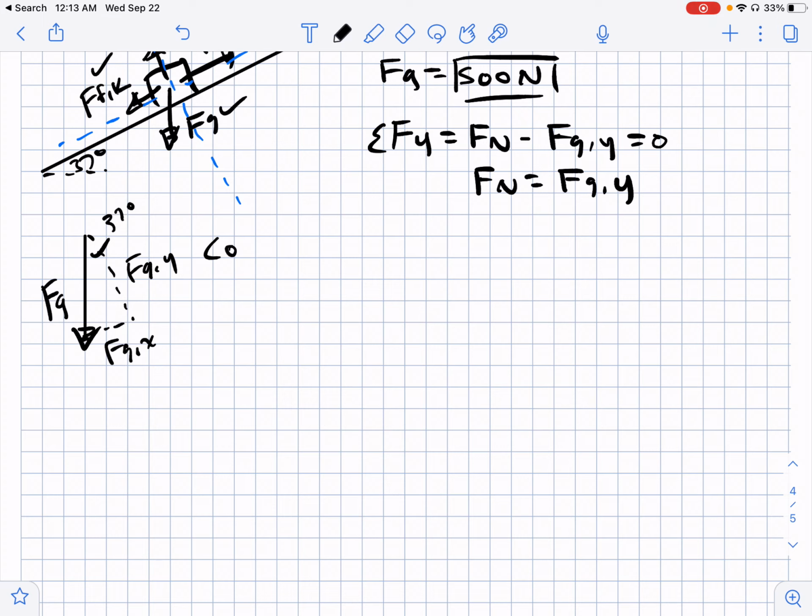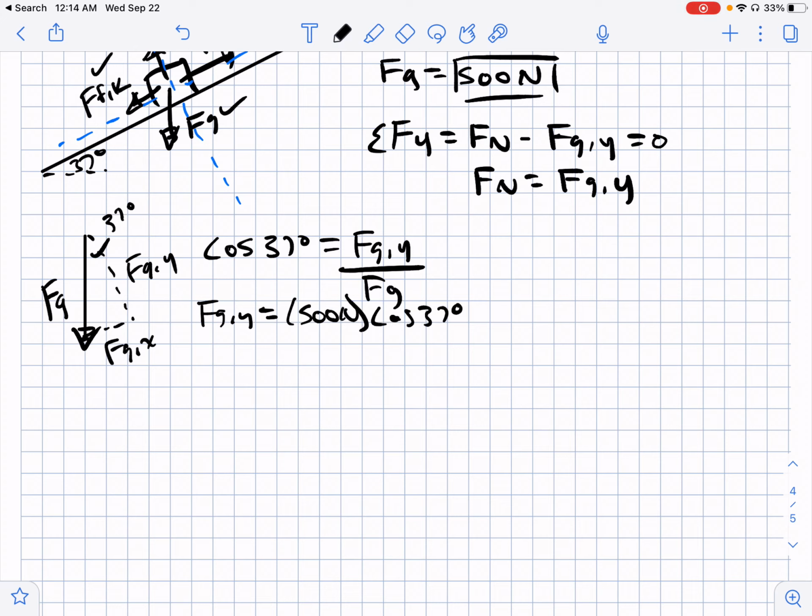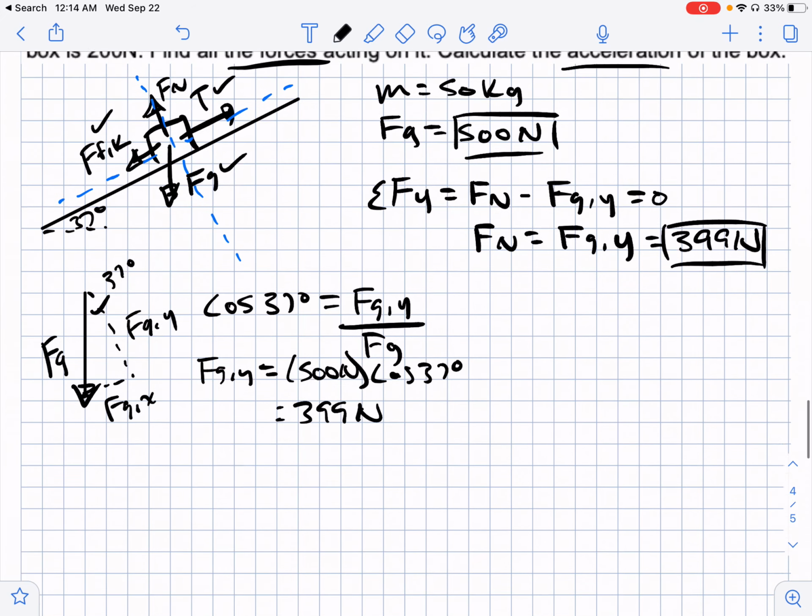So cosine 37 degrees is going to equal Fgy over Fg. So the y component is going to equal 500 newtons times cosine 37 degrees. And when you punch that in, you end up with 399 newtons. So the y component is equal to normal force, which equals 399 newtons. So we found all the forces,